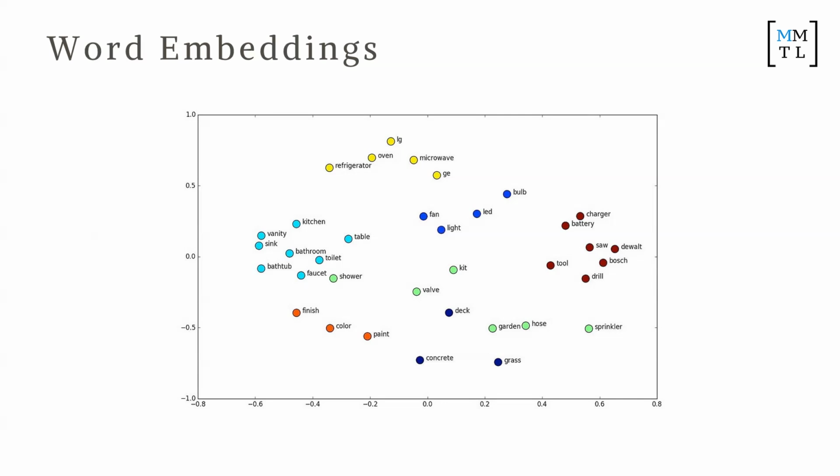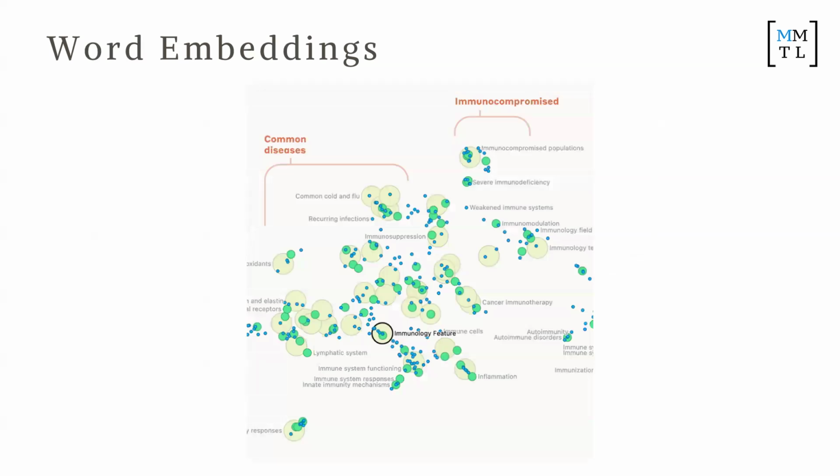Now, this is also being extended to medicine. What you have here is how we map out different immunology concepts. For example, you have common diseases floating together up here, and then you also have immunocompromised stuff, autoimmune stuff, cancer, and inflammatory stuff. I've cut it off here unfortunately, but they also have the concept of legal immunity down there as well. So they're attached concepts that we feel are conceptually different, but it feels like they are actually very similar.